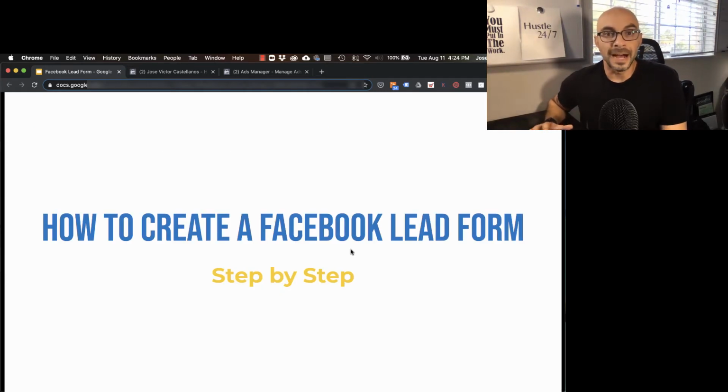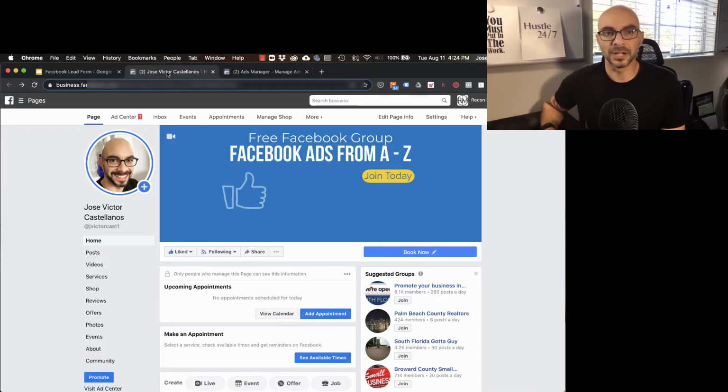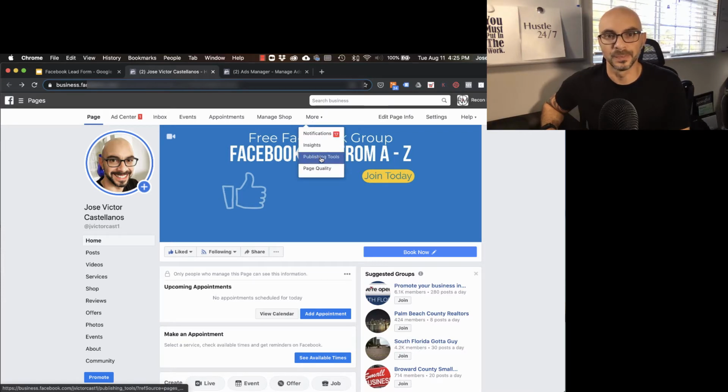All right, so how do you create the actual lead form? There's two ways to create the lead form. The first and easiest way is without actually going through the ad process. So this is done through your actual business page. So when you go to your business page, along the top, you're going to have some options, and one of them is going to say publishing tools. So you'll select publishing tools,